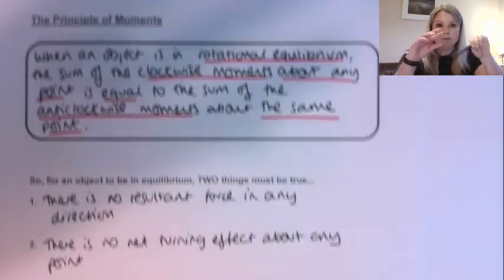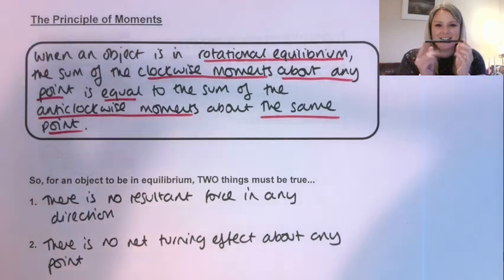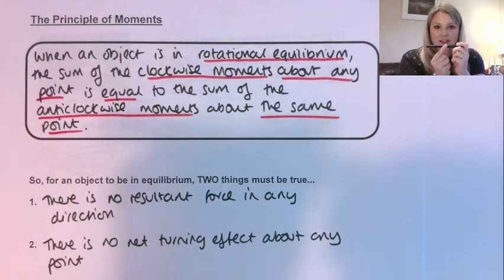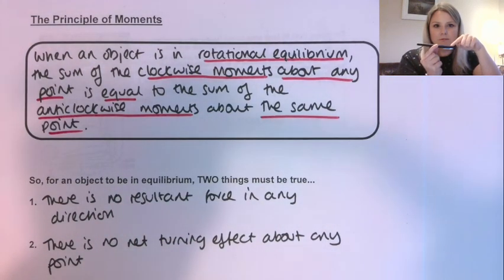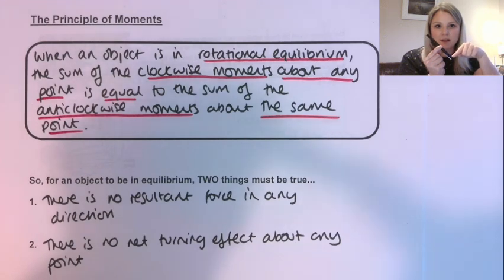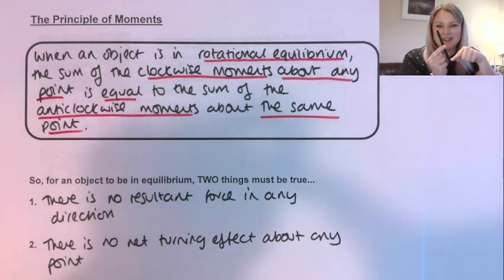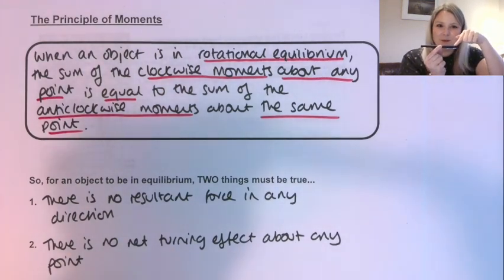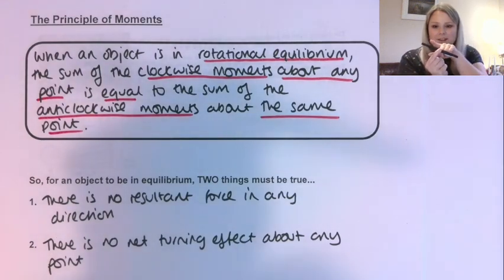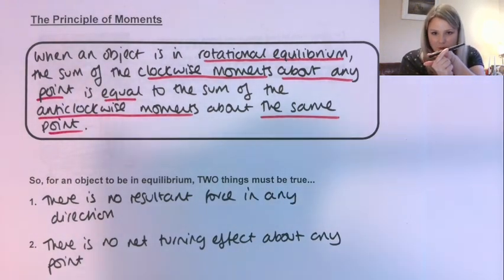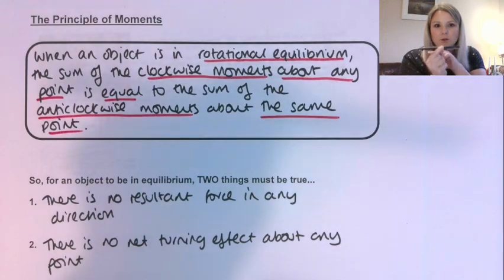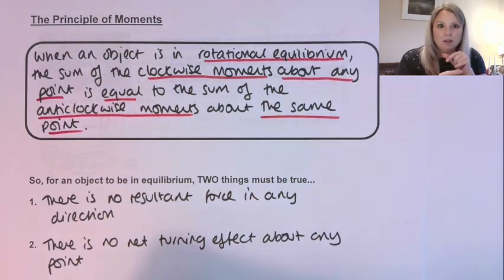So if you have a lever and it's pivoted here, if you have... no, I can't figure out my brain for that. What's that? Clockwise? Yeah. So if you have a force creating a clockwise moment here and a force creating an anti-clockwise moment here, the thing's going to be balanced as